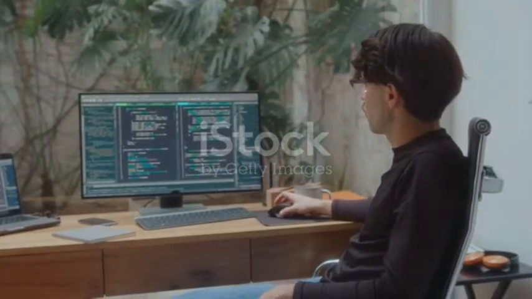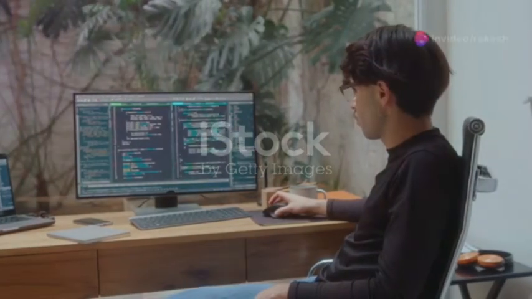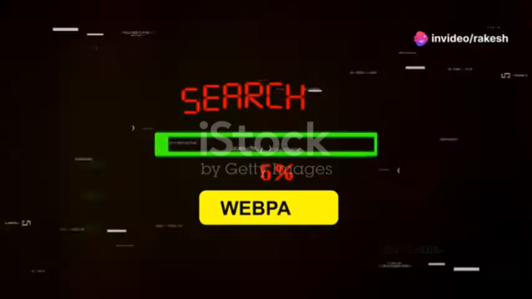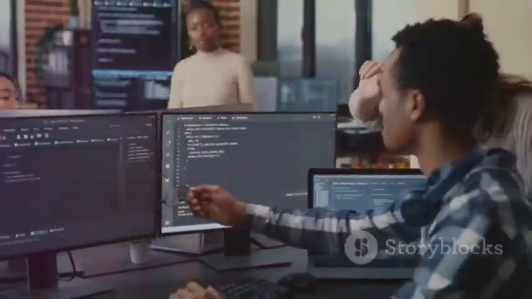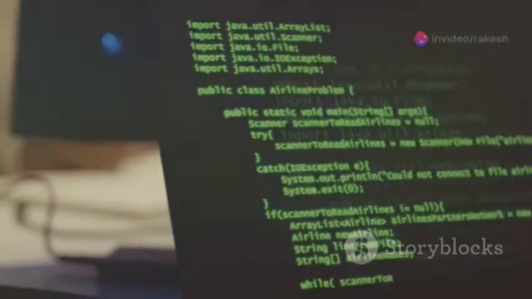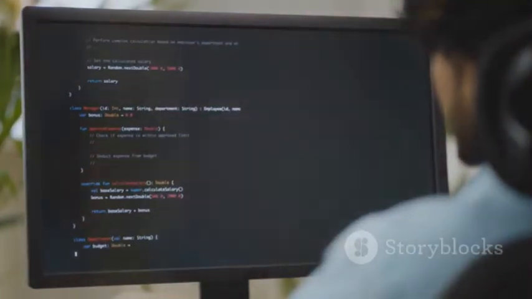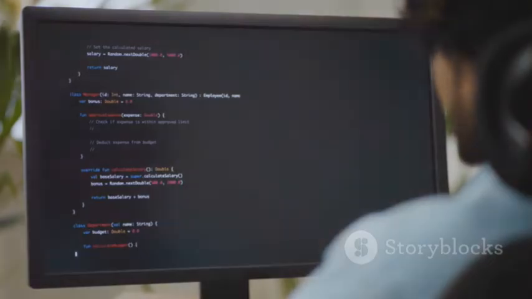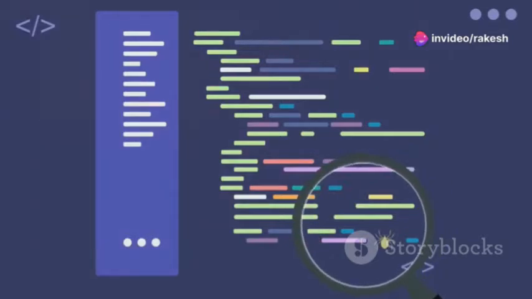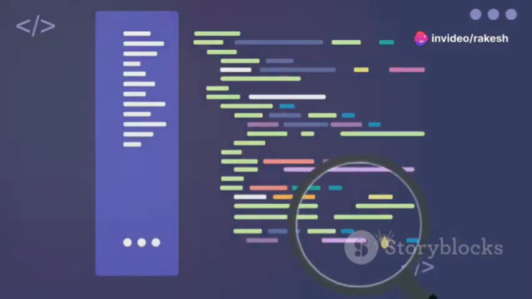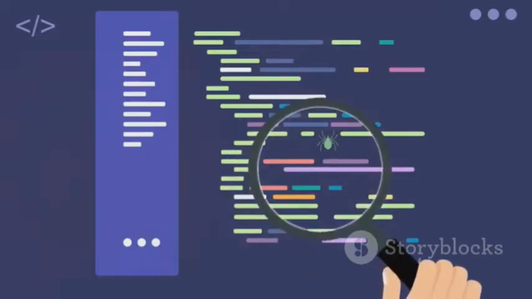Advanced Selenium techniques: timeouts, waits, and desired capabilities. Web applications are dynamic, and elements may take time to load. This is where Selenium's advanced features like timeouts, waits, and desired capabilities come into play. Timeouts in Selenium define the maximum time the WebDriver will wait for a particular action to complete before throwing an exception. Implicit waits, for instance, instruct the WebDriver to wait for a specified time for an element to become available before interacting with it. Explicit waits, on the other hand, allow testers to define specific conditions to wait for, such as an element to be clickable or a particular text to appear on the page.